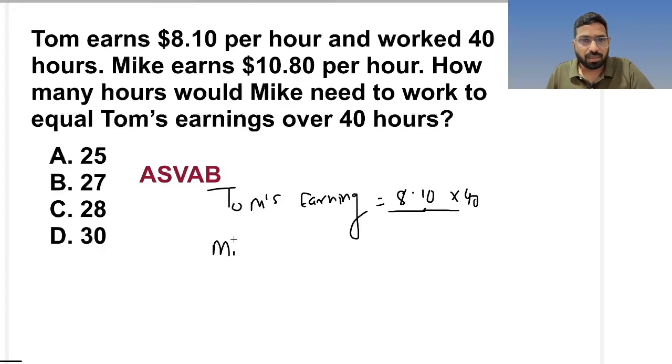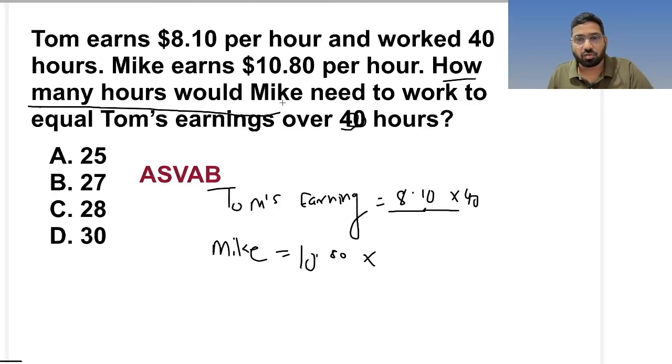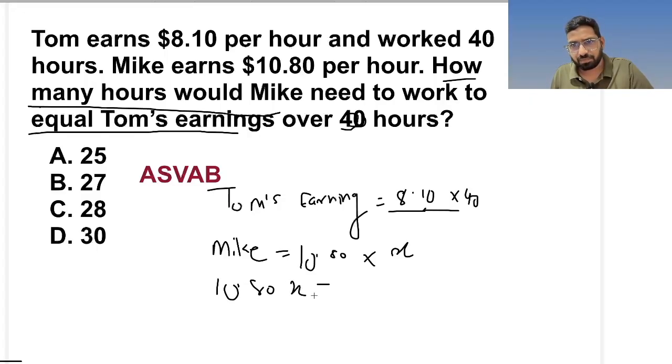And Mike's earning would be 10.80 multiplied by how many hours? This 40 hours is not of Mike. We have to calculate Mike's hours because the question says how many hours Mike would need to work. So I assume it as X, and because both earnings would be equal, because it says need to work to equal Tom's earnings, we have to make both equal. 10.80 multiply X equals